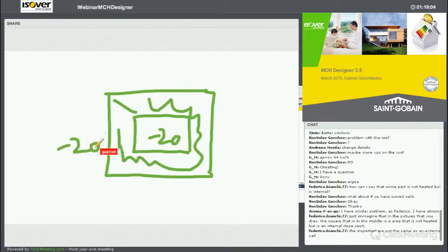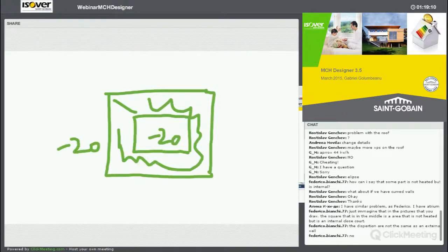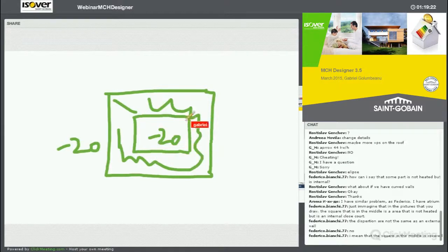Okay, is that correct? Okay, so this is an internal. Yes, I understand. Okay, then